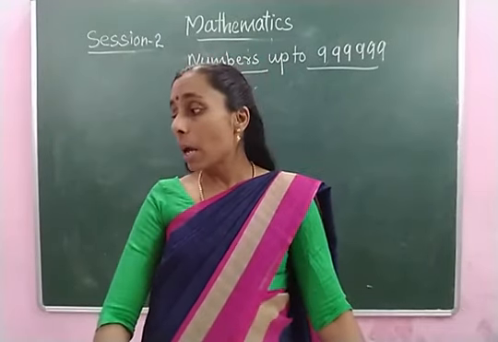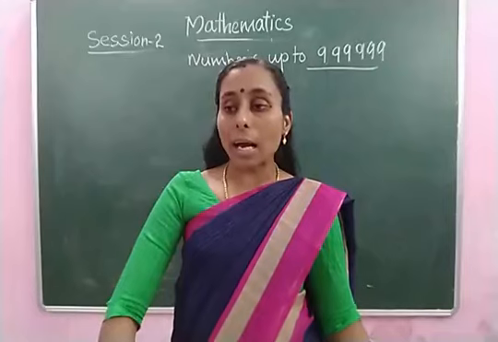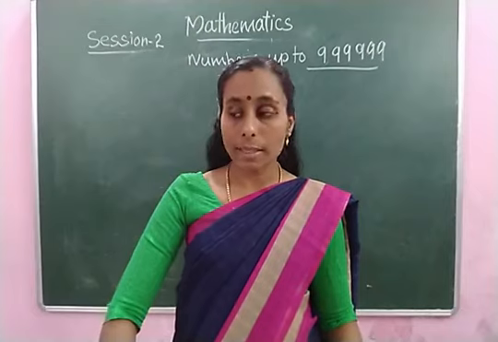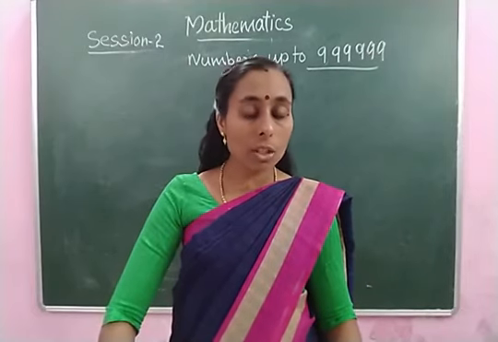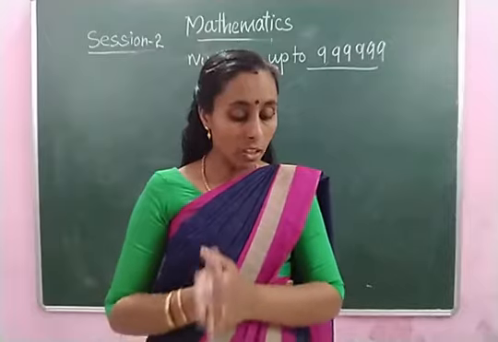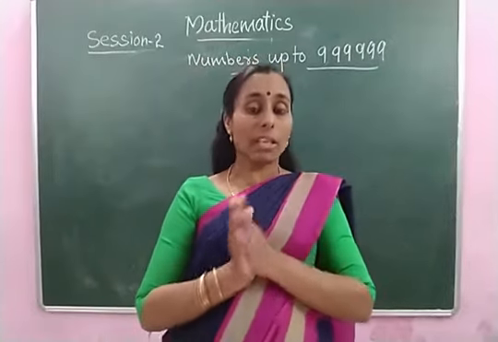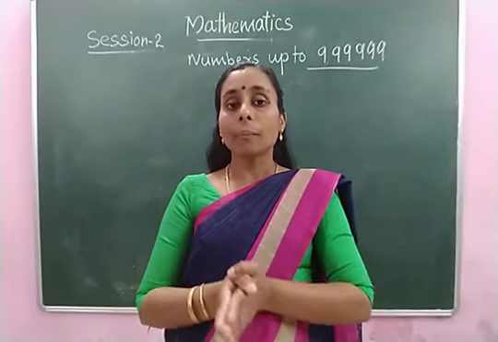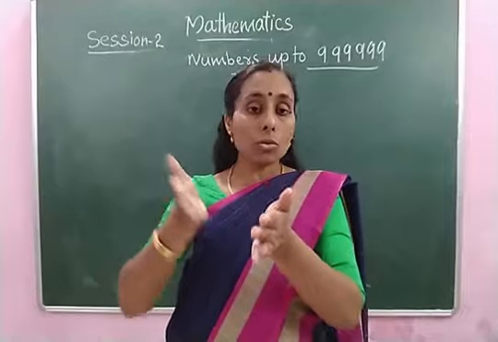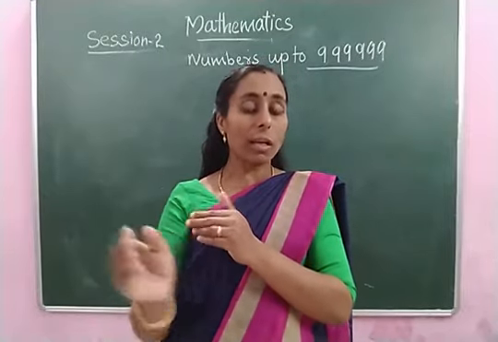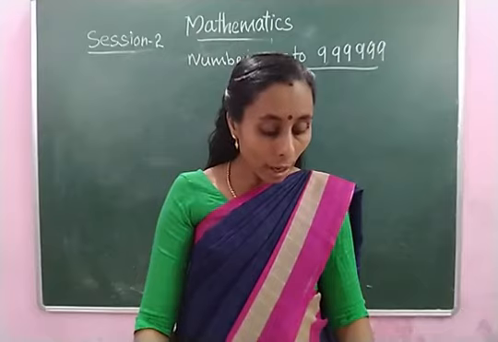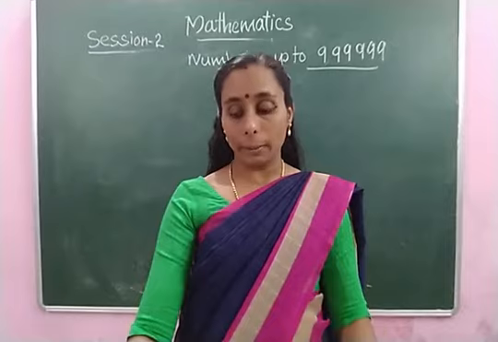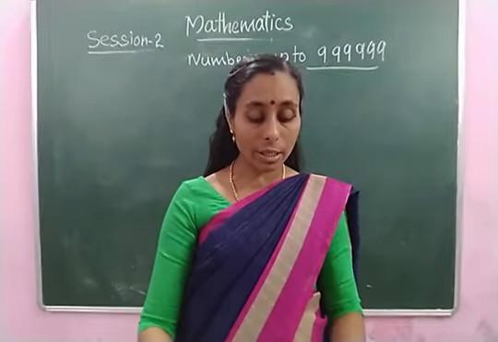What is ascending order? Ascending order means to arrange the numbers from smaller to bigger. First we have to find out the smallest place value, then we choose that as the smallest one. If two numbers have the same digit in that place value, we have to go to the next place. Now we are going to arrange the numbers in descending order.